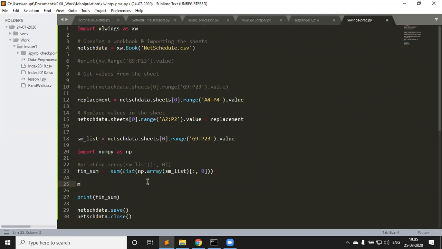So let me say my append list. Okay, append list. This is to be appended. We will use a comprehension and say x for x in